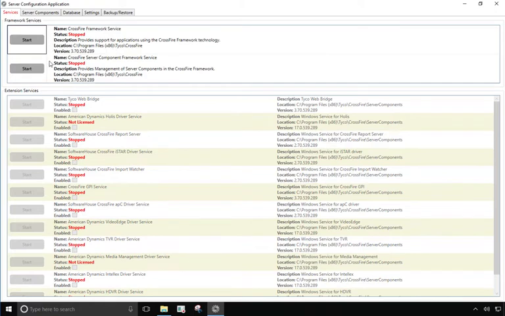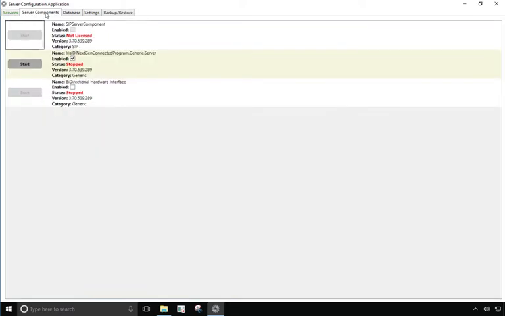Now that both are stopped, we'll click start to restart the processes. Okay, now that they're both running, we'll check the server components, and we want to make sure that this Iris ID NextGen connected program is now started. Okay, so it just switched to running. So now that is set,